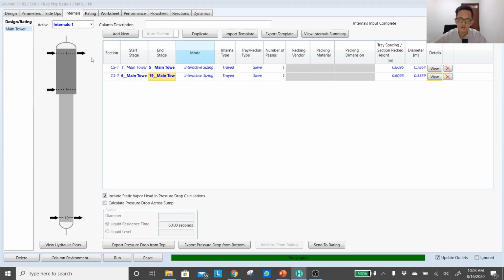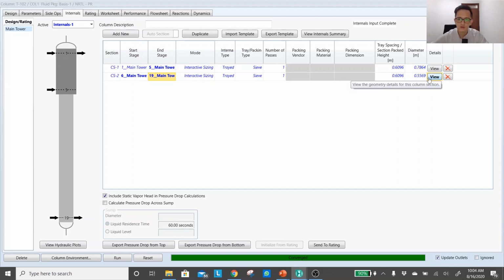Again, at the top stage, the diameter doesn't change, but you notice at the 6 to 19 stage, that's below the feed location, the diameter shouldn't be as big as those in the top section. So that's very possible, and it's not really a problem.